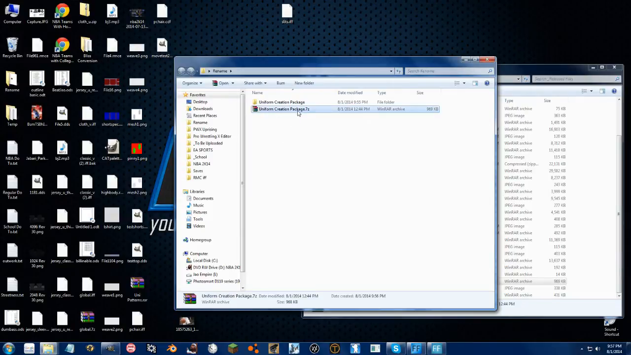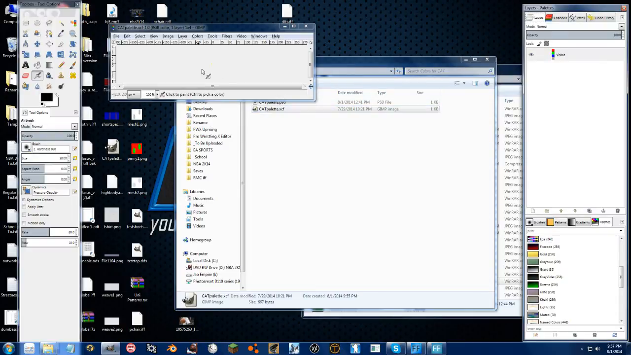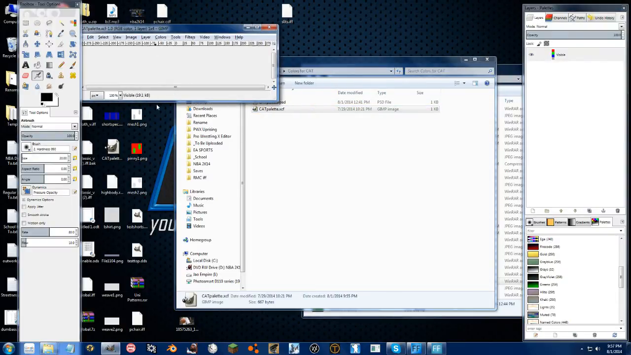So when you download the 7-zip folder or zip file, you can extract this with WinRAR or 7-zip itself. You get these fun things right here. So let's start with colors for Create a Team. If you so choose, there's a PSD and a GIMP file here. There's this tiny little 1 pixel by 4 pixel